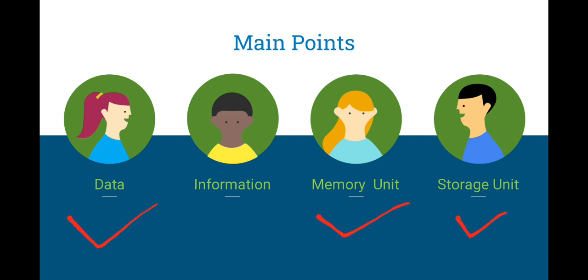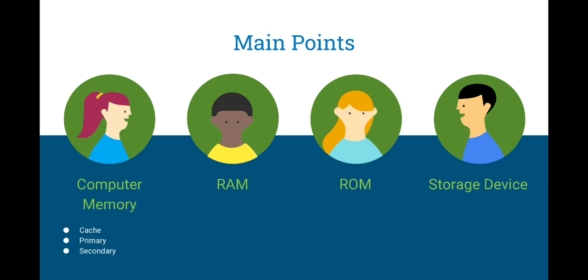Computer memory. Next topic, computer memory is just like a human brain. It is used to store data and instruction. We have also studied about 3 types of computer memory: cache memory, primary memory and secondary memory. And next topic is RAM. RAM is the internal memory of the CPU for storing data, program and the program results. ROM, read only memory, is the memory from which we can only read but cannot write on it. This is called the ROM.